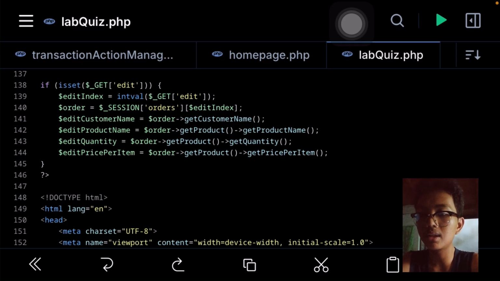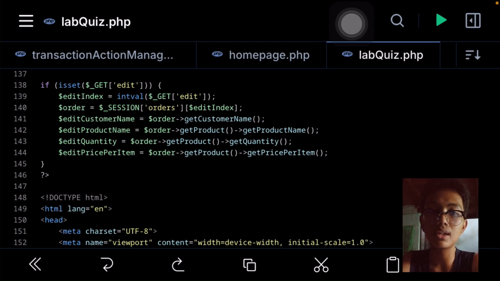First, we will check again if the edit button is set using the isset method, and if that is true, we will create a variable named edit index and set its value to a converted integer using the intval method, and get the order object inside the orders array using the edit index created earlier, and get the customer name, the product name, the quantity, and the price per item, and display it inside the input fields inside the form on our HTML.